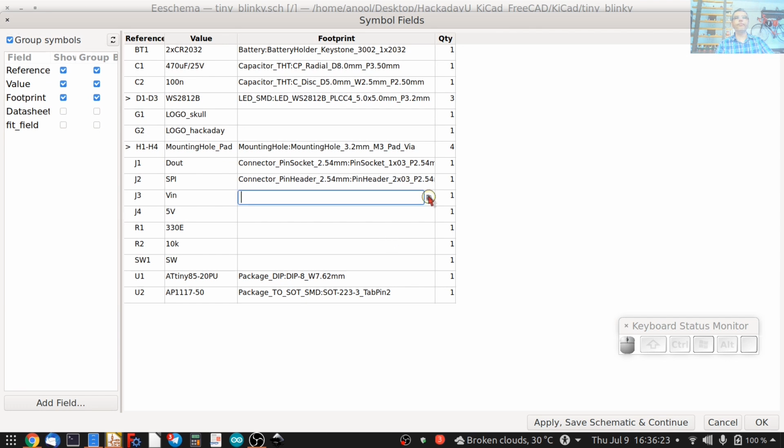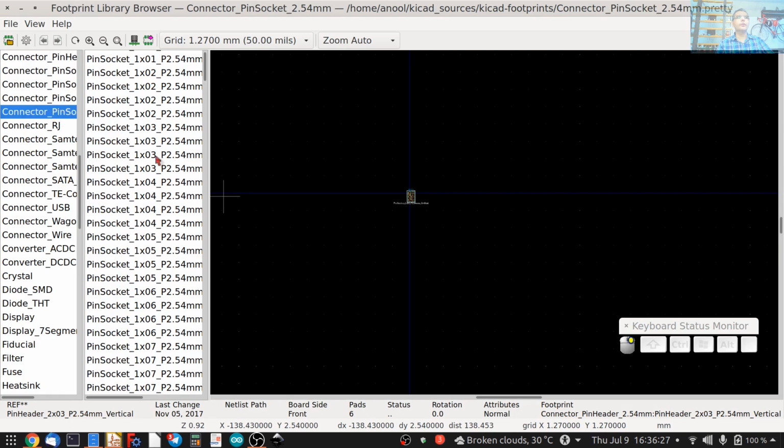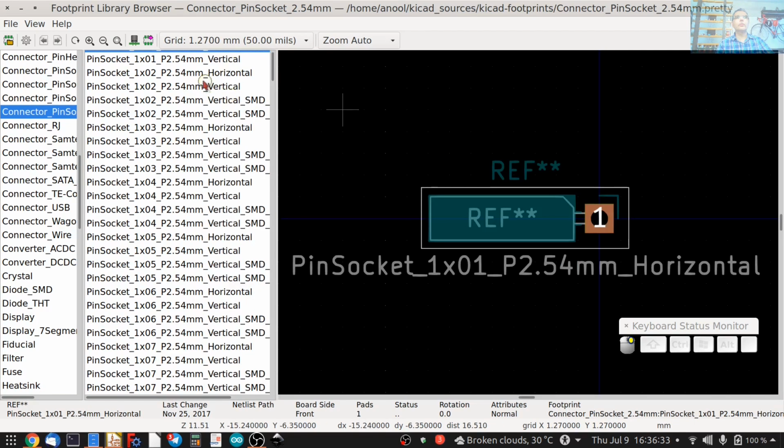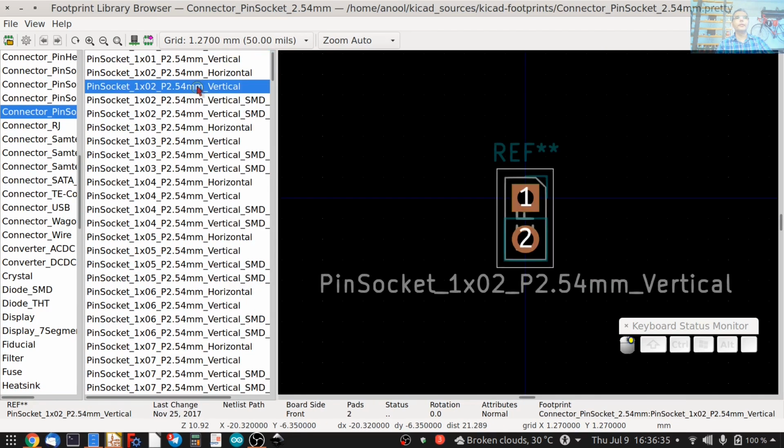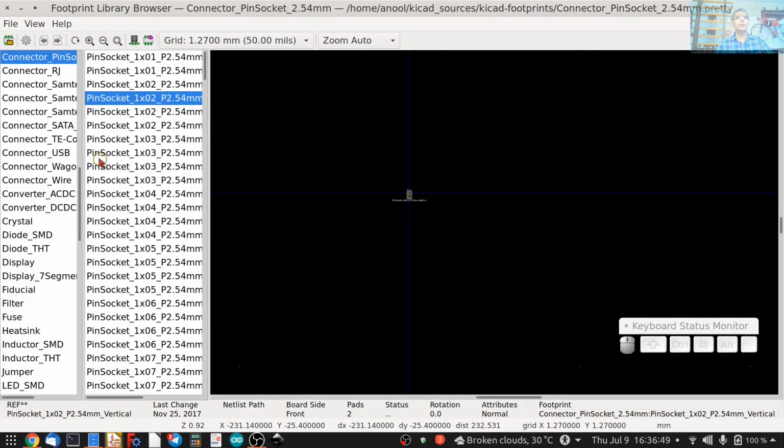VN is a 2-pin socket. So again, go to browse, go to pin sockets 2.54 and 1x2 vertical here. So that's VN. 5 volt is the same, so I can probably just copy this and paste it here. 330 ohm resistor, axial.